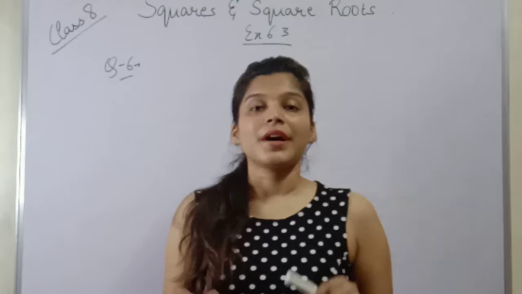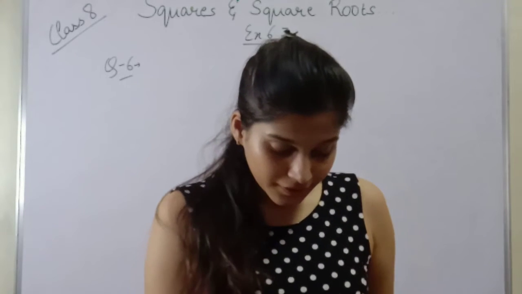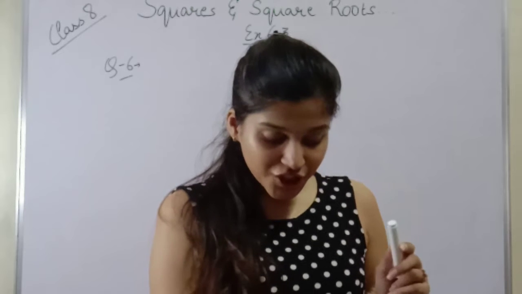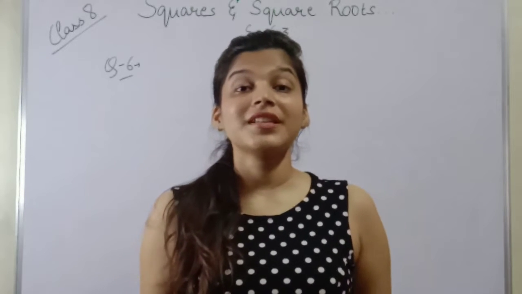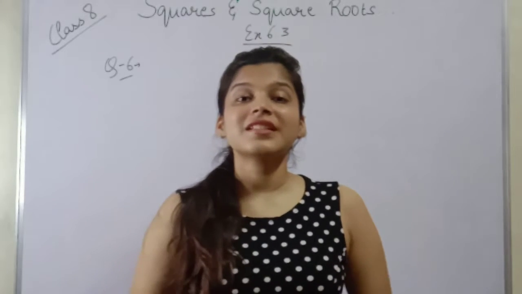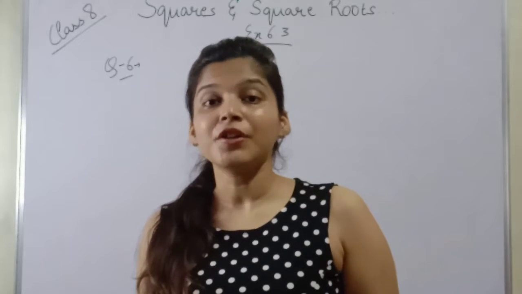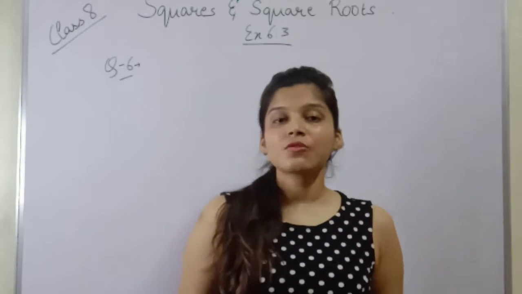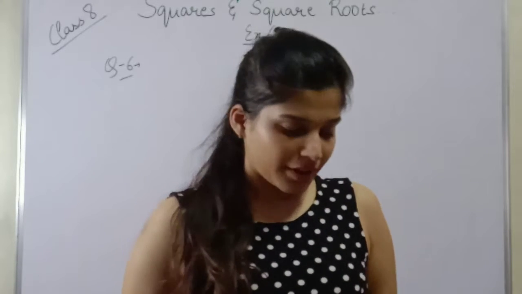If you remember, in question number 5th, we already did that by which it should be multiplied to get a perfect square, and now the question is by which it should be divided to get a perfect square. The difference is that in that question we had to multiply a number to get a perfect square, and in this question we will divide a number to get a perfect square. Let's see.